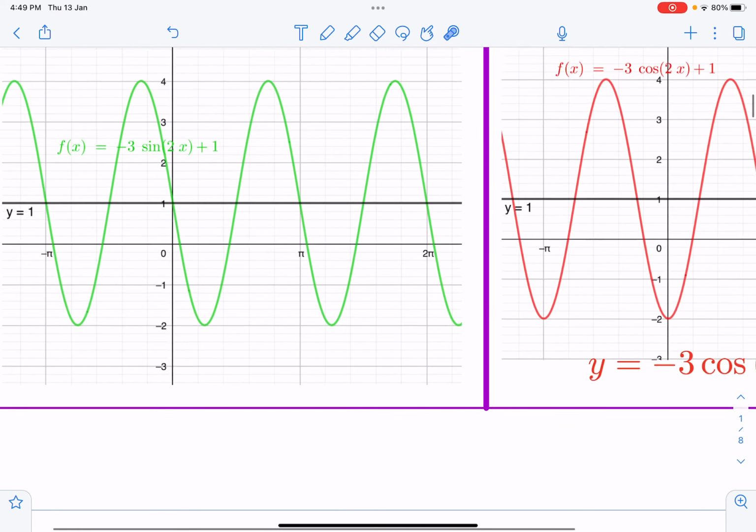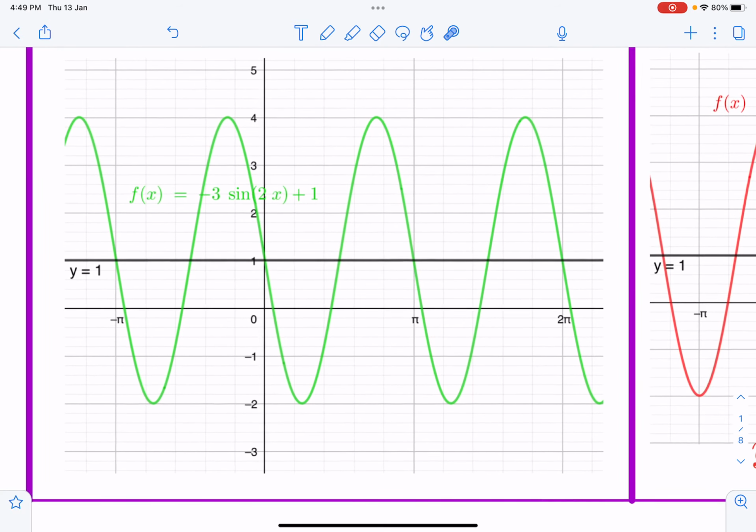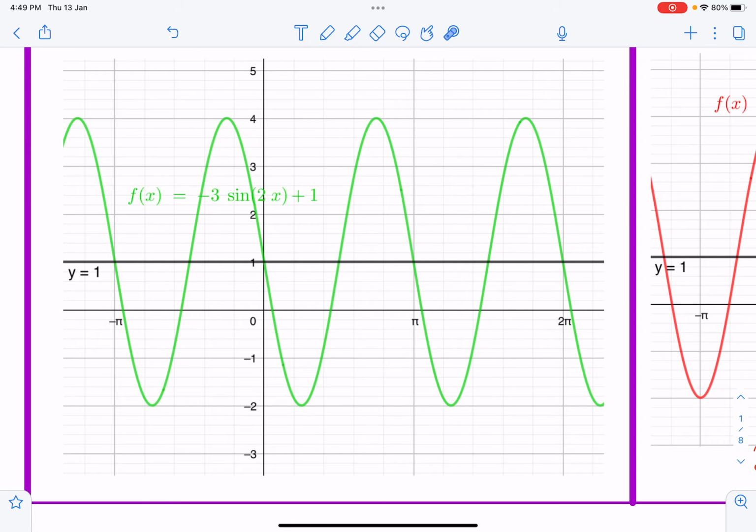I have changed it a bit. So this is now negative because we will be dealing with the negative sine. I want to explain the negative also. So if you have a curve with the equation f of x is equal to minus 3 sine 2x plus 1, what is this minus doing here? Minus is the change in sign of y, because it is outside the angle. So when there is a change in sign of y, there will be a reflection in the x-axis.